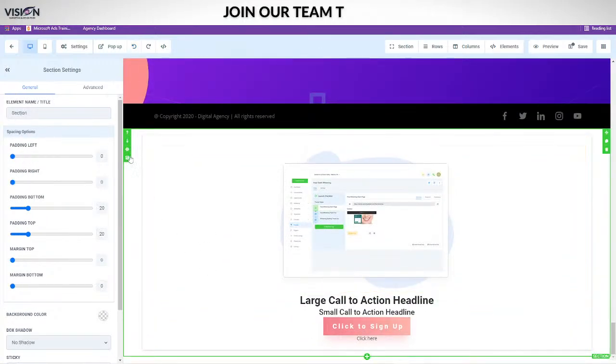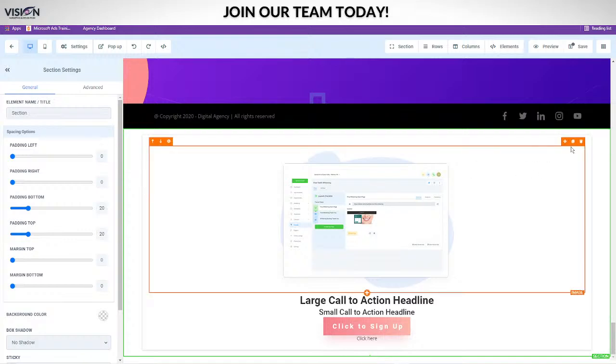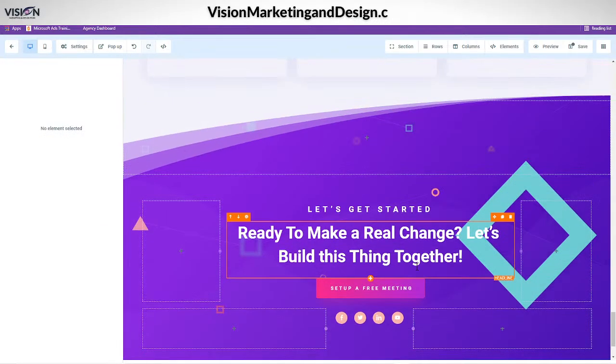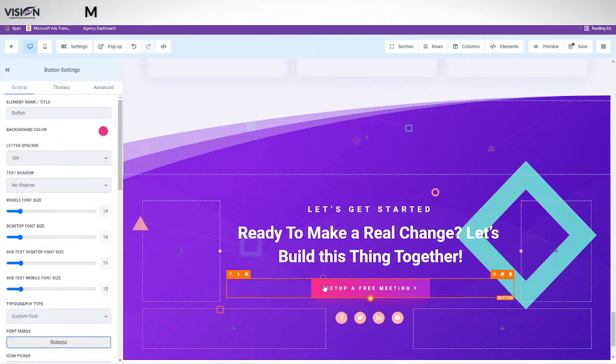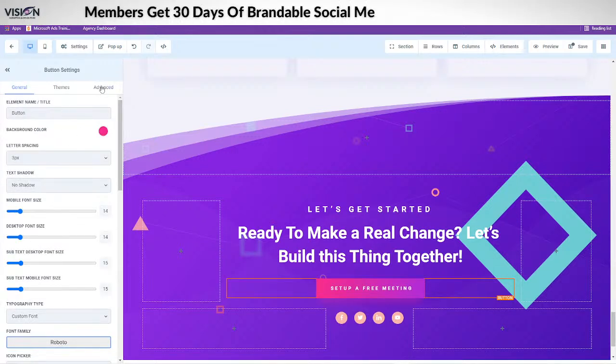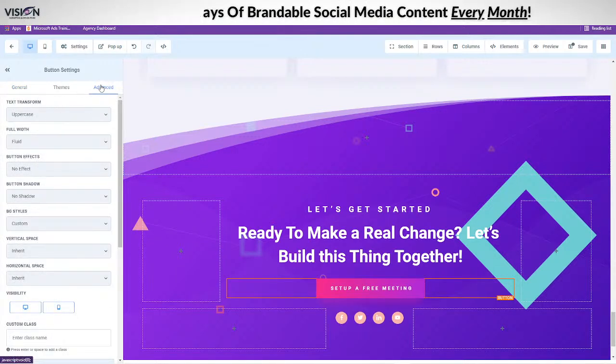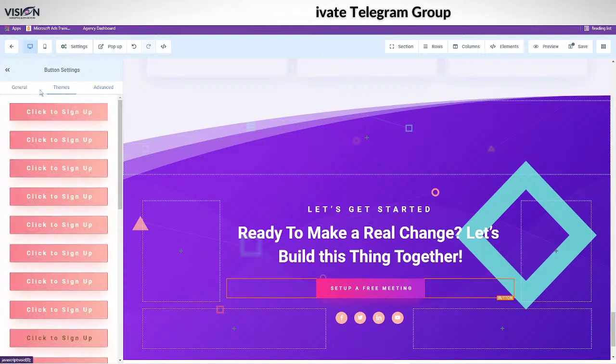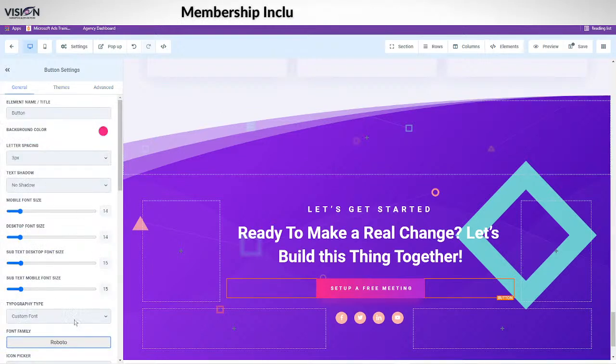So if I want to now delete this, I can just go to the trash can. It will just delete this whole panel. With the buttons, somebody asked about animation. With the buttons, you do have this advanced option, or there's others as well. You have the advanced features here, so you can actually choose different effects that you want it to do. You guys, this is a very powerful builder, but it's very, very simple.